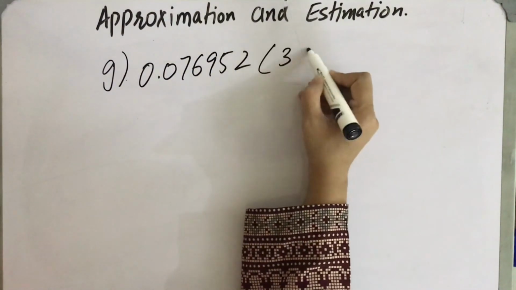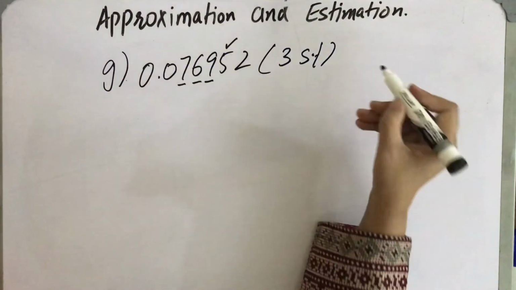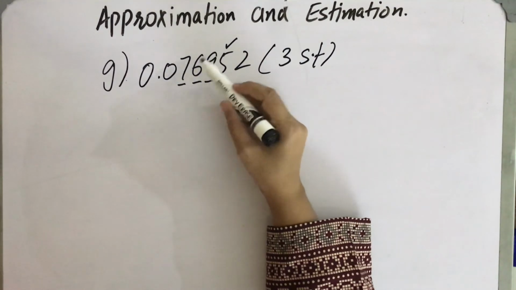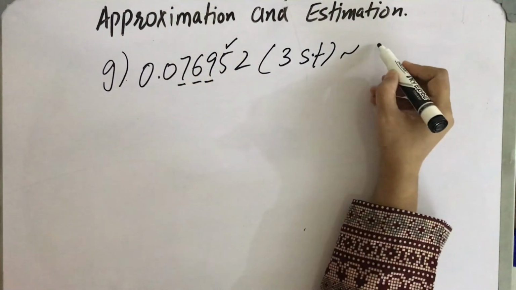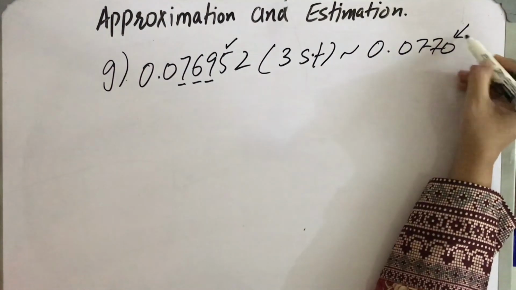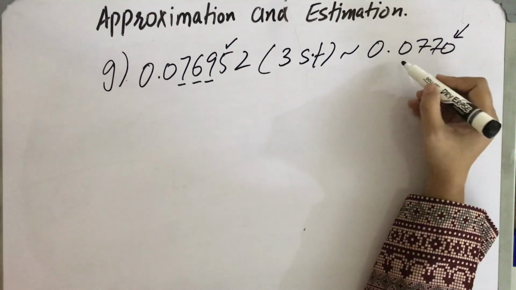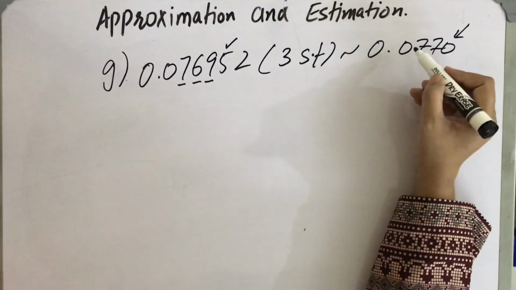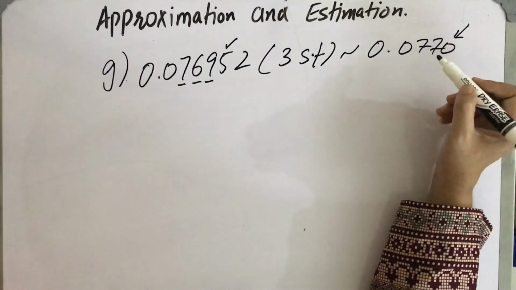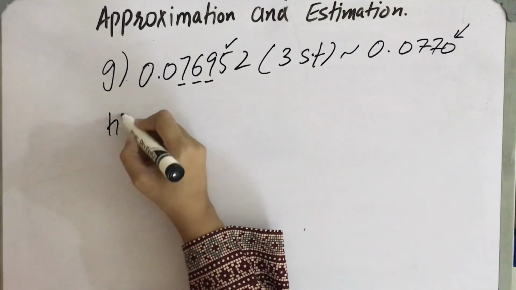0.076952 correct to 3 significant figures. This is the first significant figure, second, third. We shall select this 5. This 5 will give 1 to 9. 9 will become 10, 6 will become 7, or in other words, this 69 will become 70. It will be 0.0770. Notice now here, this 0 is counted as a significant figure. Our answer will have 0.0, which is not part of the counted answer. We shall write it with the answer, but it will not be counted. Our counted three numbers will be 7, 7 and 0. The 0 is also counted.